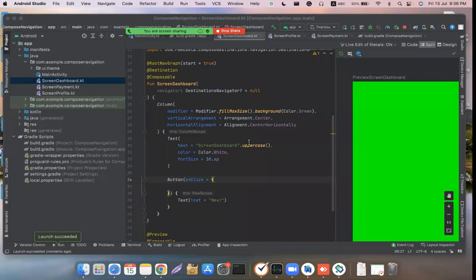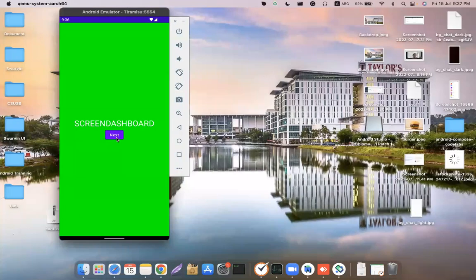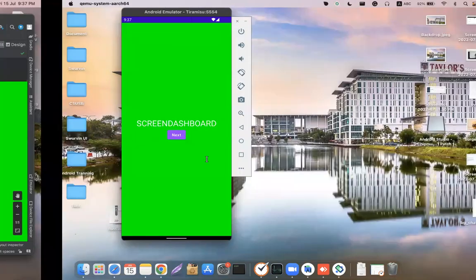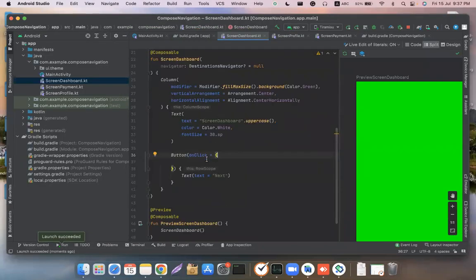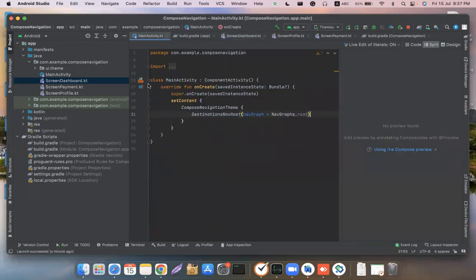So we are going to add a functionality. Whenever we click on the next button, it will open the next screen, navigate to my screen. So nothing is happening. For this, you have to call the navigator function, which we provide in the screen dashboard. Okay, I am explaining